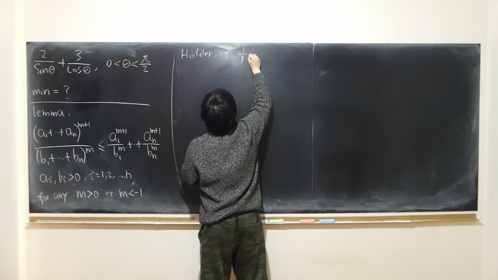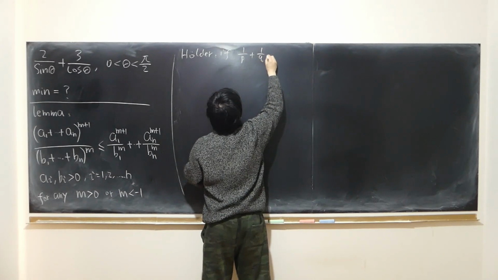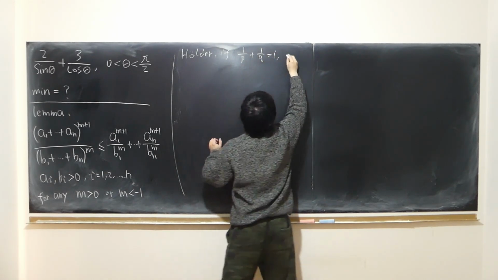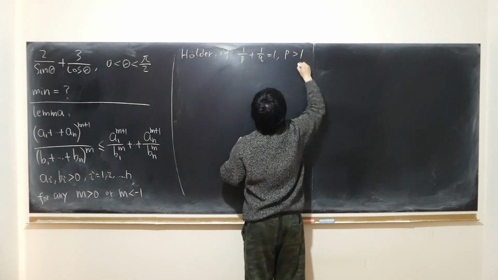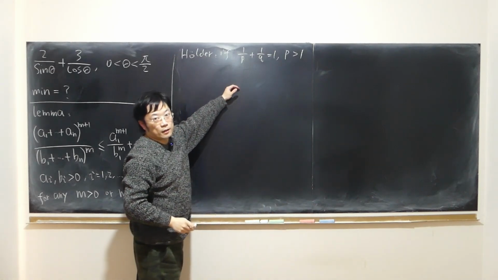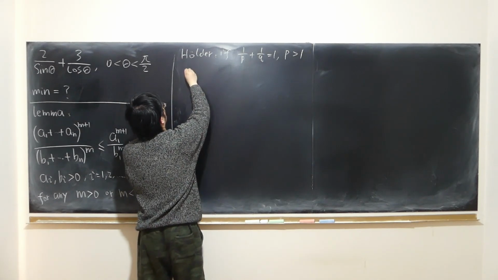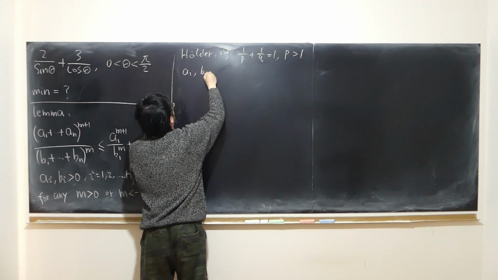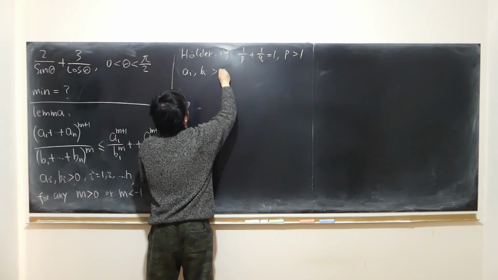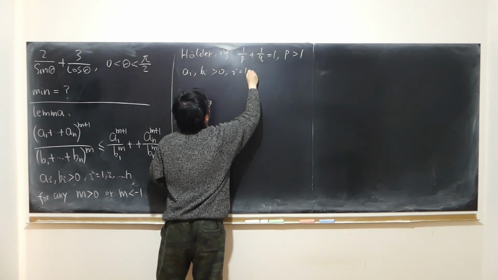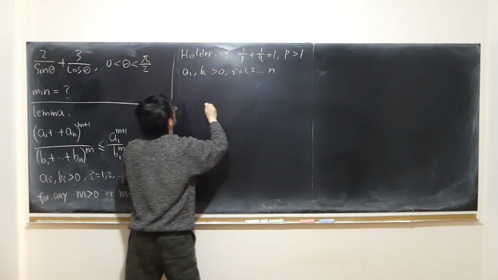It says if 1 over p plus 1 over q is equal to 1, where p is strictly bigger than 1, which, by the way, implies q must also be strictly bigger than 1, and where all the a's and b's are strictly positive, then we always have,